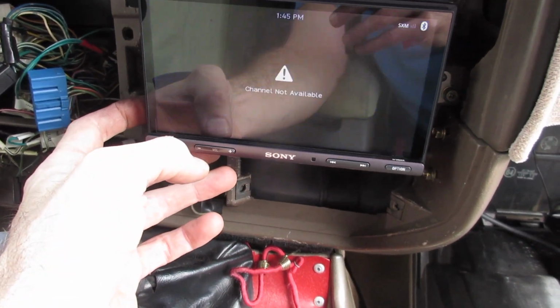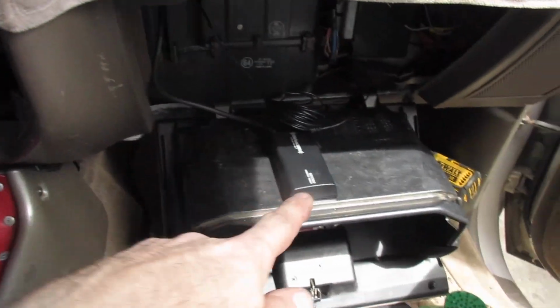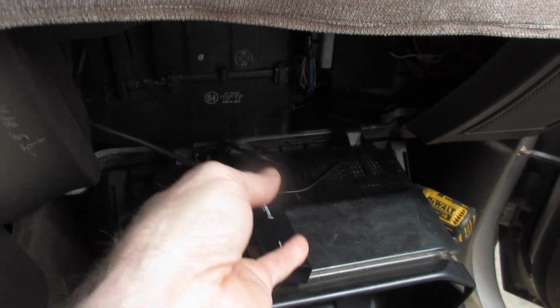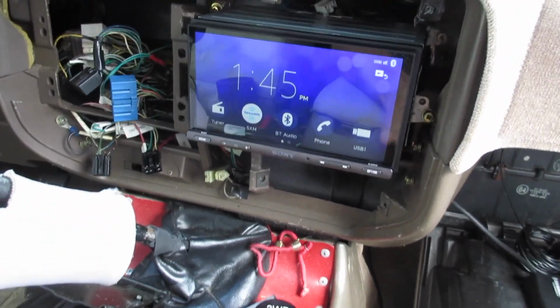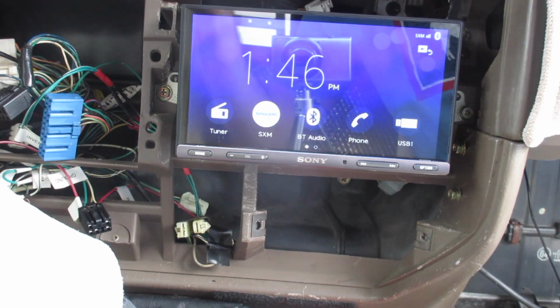Satellite radio, I don't have tuned right now. I got to call in since I switched to a new radio. I gotta do that. So we'll go back. I want to try out CarPlay. All right. So we got